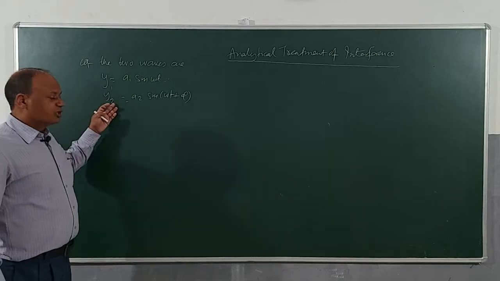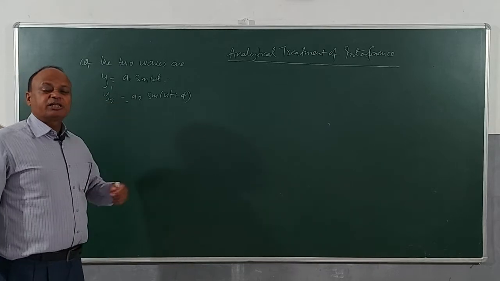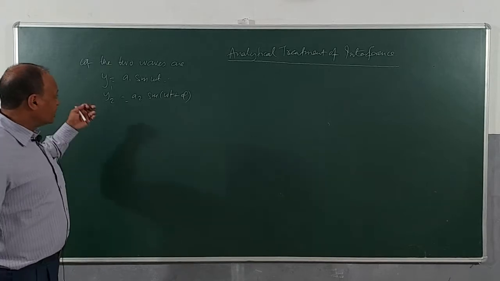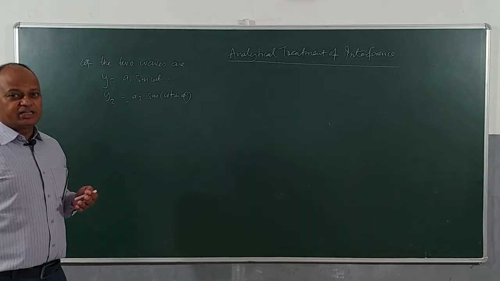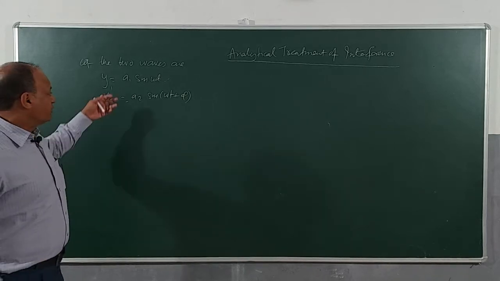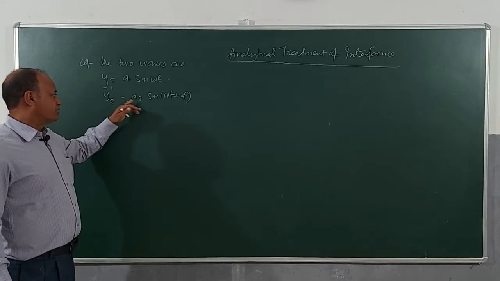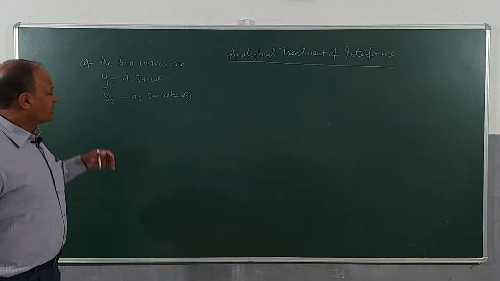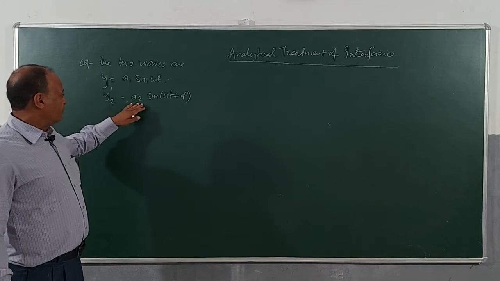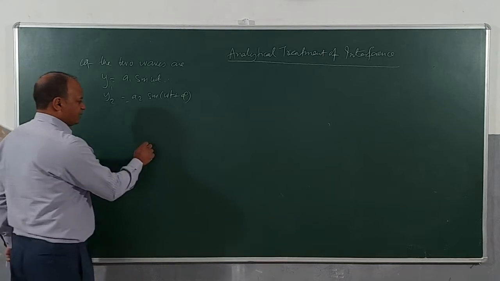These two waves are superimposing on each other. As they will be superposing on each other, what will be the combined amplitude? We can use trigonometry or we can simply use the vector addition. In fact, when I will be taking a class specially dedicated to JEE, I will be telling you how we can resolve many equations and get the combined amplitude. Here we have only a simple situation where y1 is a1 sin omega t and y2 is a2 sin (omega t plus phi). Clearly you can see that amplitudes are a1 and a2, and phase of y2 is greater than phase of y1. It is very easy to find out the combined amplitude.